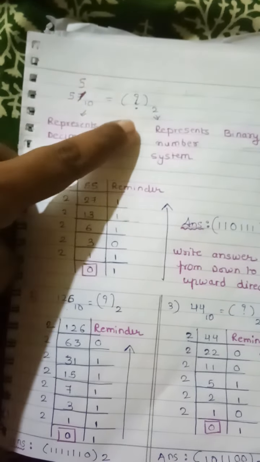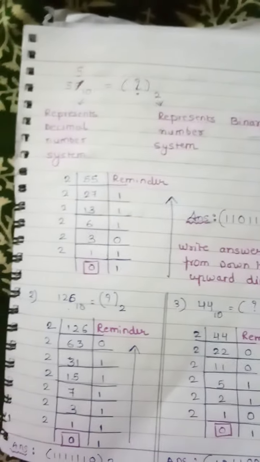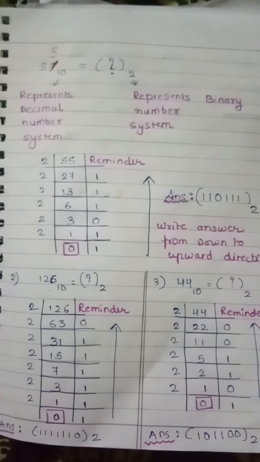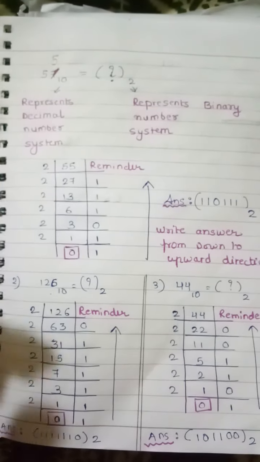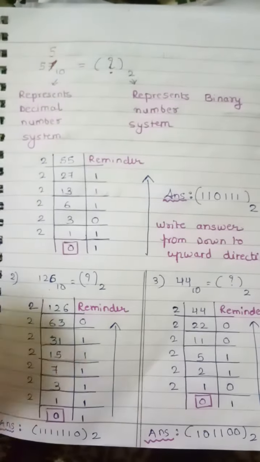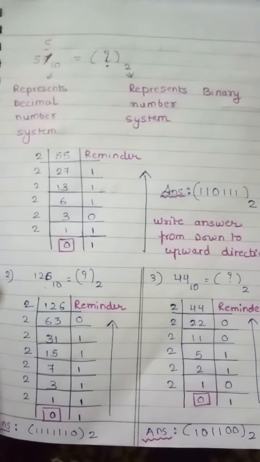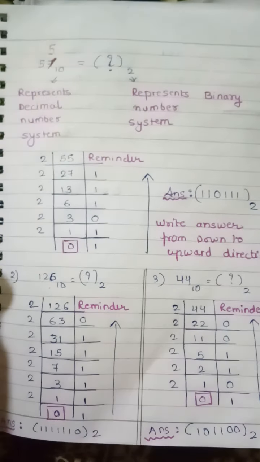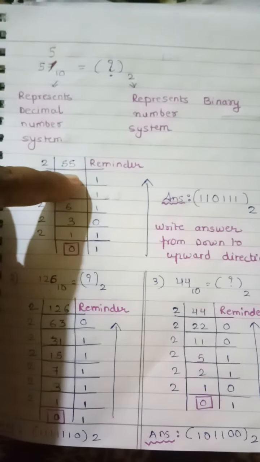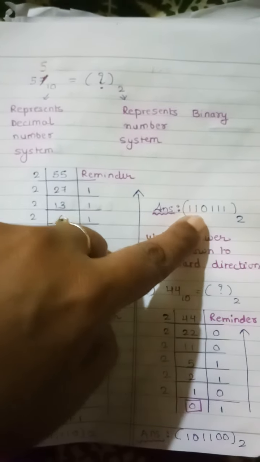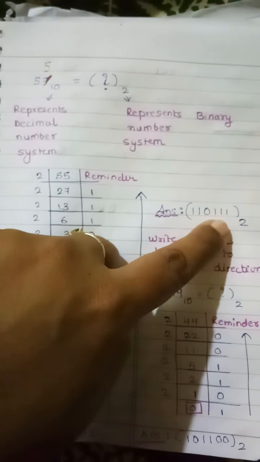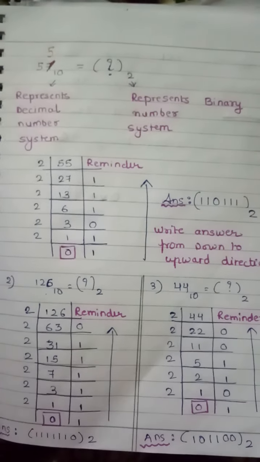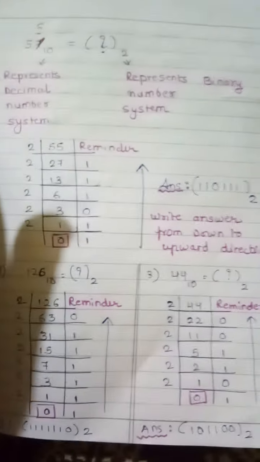Now we are converting it to a binary language which has only 2 digits, 0 and 1. This we have already seen in our last video. Now we are going to do the sum in a reverse condition, where we have the binary answer with us. For this sum it is 55. I got the answer as 110111. Now I am going to convert this number again and make it 55. That is known as binary to decimal conversion.